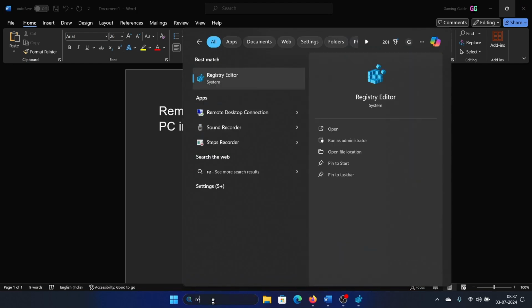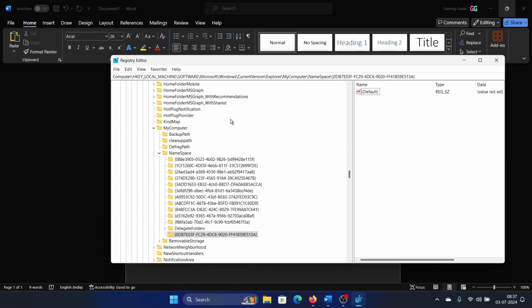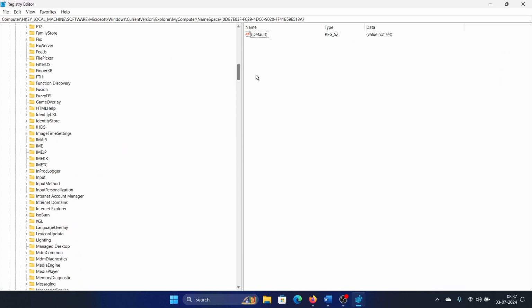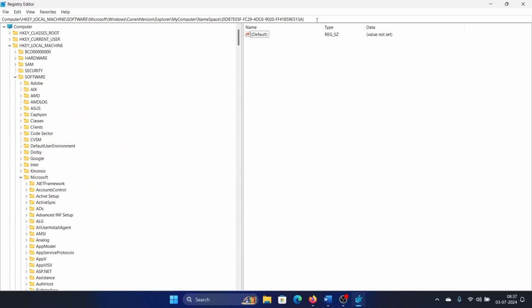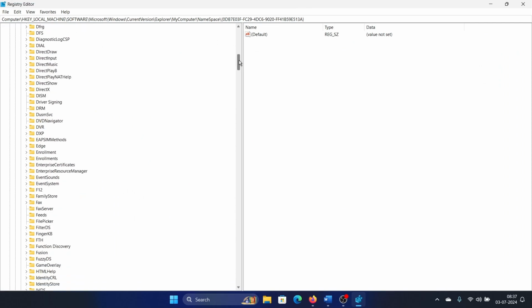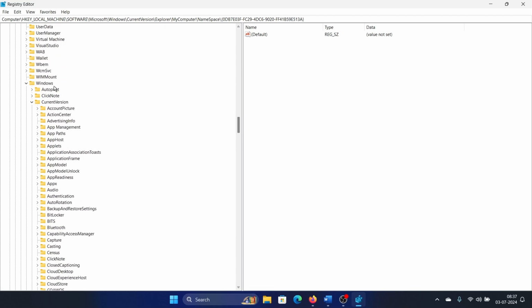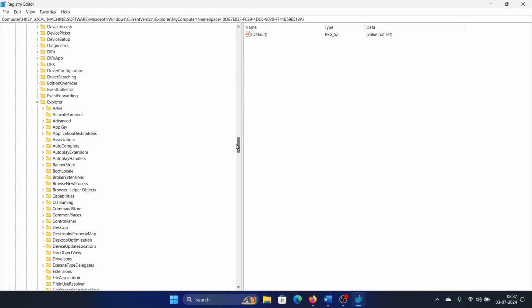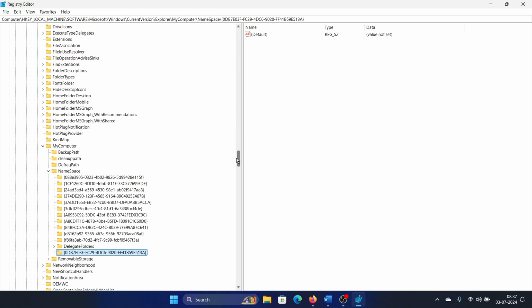Search for Registry Editor in the Windows search bar and open the Registry Editor window. Now in the left pane, I'll expand it and show it. This is the left pane. In the left pane, we will go to this path, which is HKEY_LOCAL_MACHINE, Software, Microsoft, and then scroll down, Windows, CurrentVersion, Explorer, MyComputer, NameSpace, and then under NameSpace there is a key named